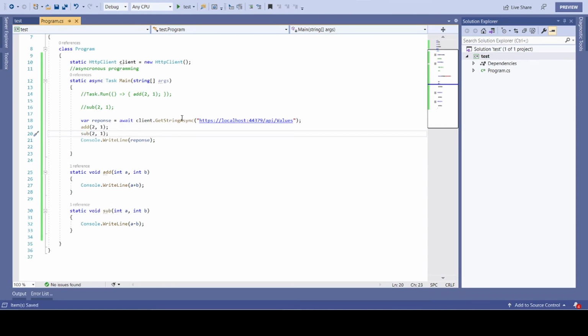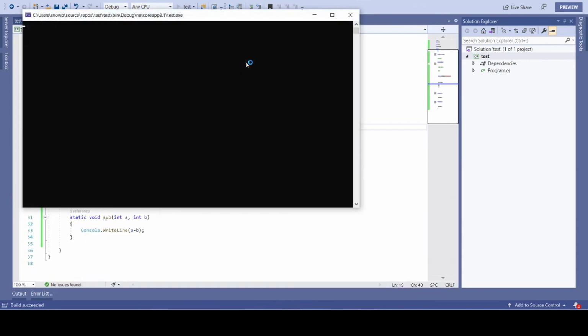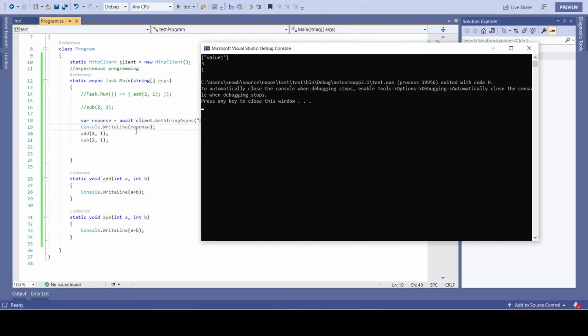Until we have the output, the addition and subtraction will not be called. Let me print this and see the output. Please observe: first we are getting the output from the API, then from the addition and subtraction methods. So addition and subtraction are waiting until there is an output.